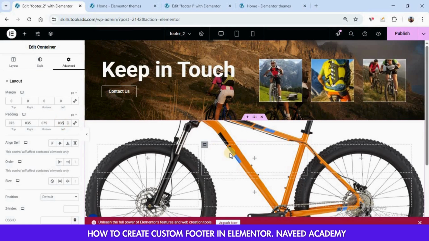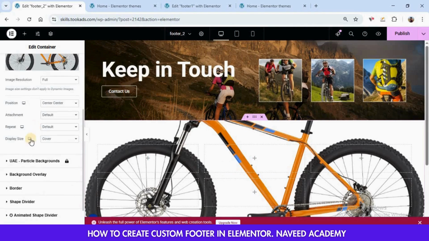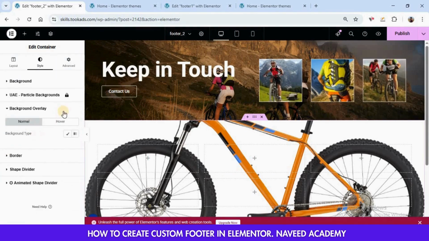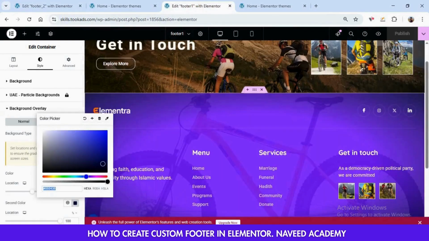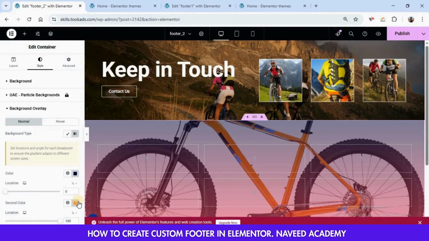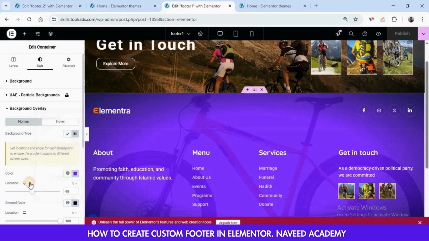After adding the padding, go to style again, scroll down and go to background overlay and then go to background type to gradient. Now for setting the color of our background overlay, we need to take the color from our demo, go to the demo and set the secondary color and then set the primary color.